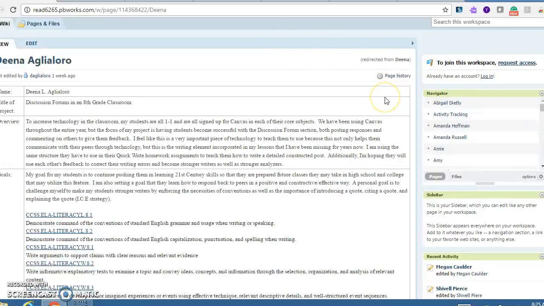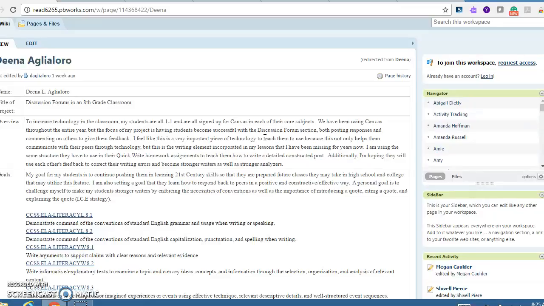So what I decided to do for my project, as you can see right here from my overview, is, since my students are one-to-one, meaning that they all have their own individual Chromebook, I wanted to focus on the fact that this is our first year piloting them using Canvas in each of their classrooms. The more specific focus that I took this year to increase writing in my classroom was trying to get them more involved in discussion forums, very similar to what we do in our grad work, now that we use Moodle